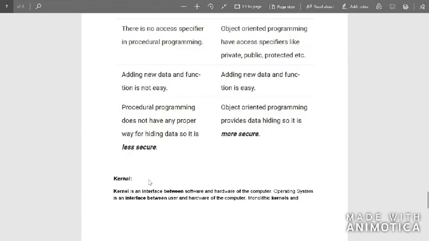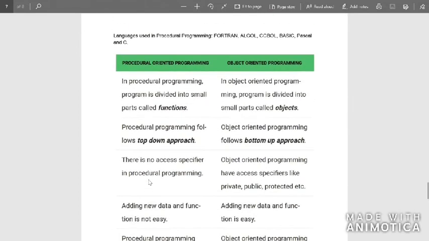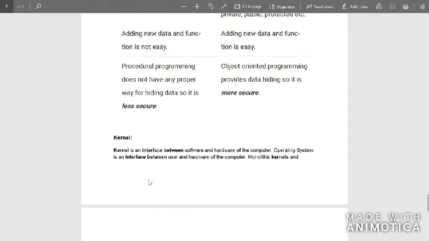Now we'll see what a kernel is. A kernel is an interface between the software and the hardware of the computer. So here the kernel stays in between the software and the hardware of the computer. Don't confuse it with the operating system. An operating system is an interface between the system and the user. So it allows the user to use the system properly.